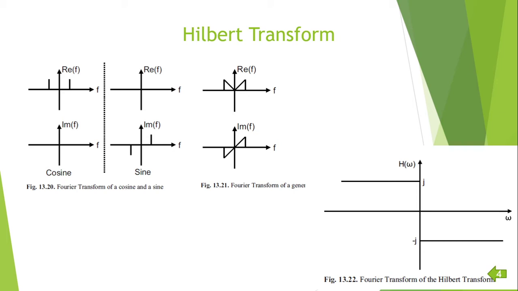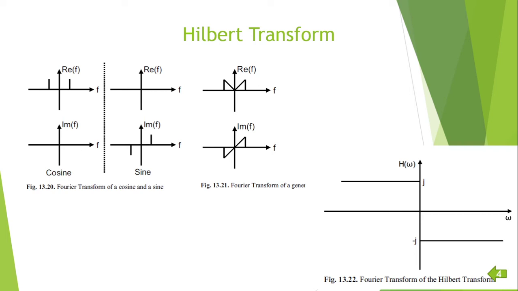Any real time domain signal can be represented as a Fourier series, the superposition of the cosine and sine harmonics of the signal. The cosine functions are even and the sine functions are odd. Therefore, the characteristics previously stated for a single cosine function or a single sine function also generally apply to a sum of cosine functions or a sum of sine functions. Let us now discuss about the Hilbert transform.